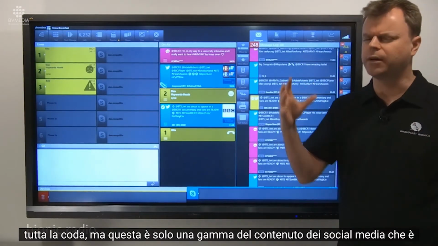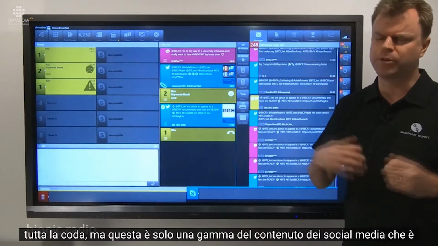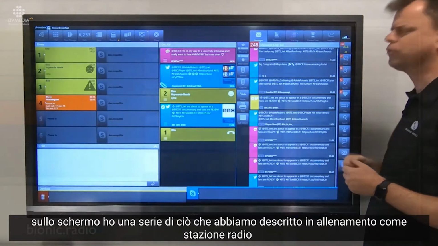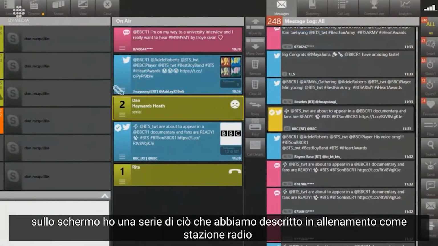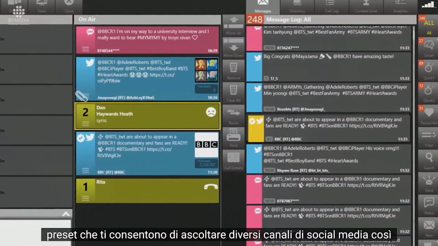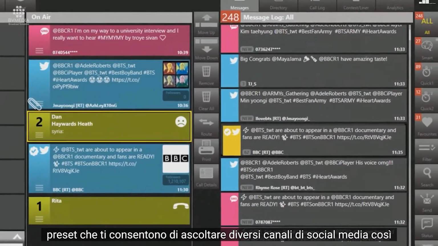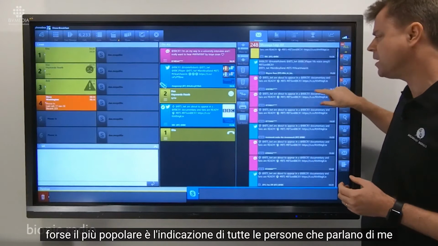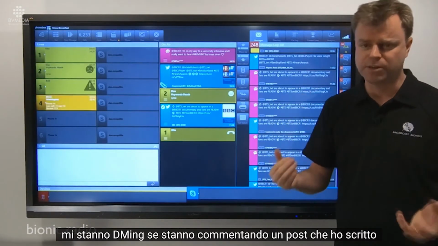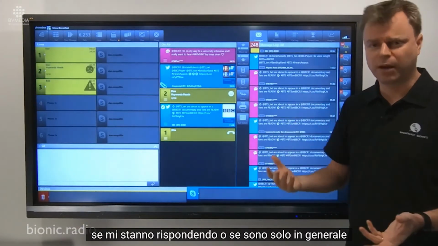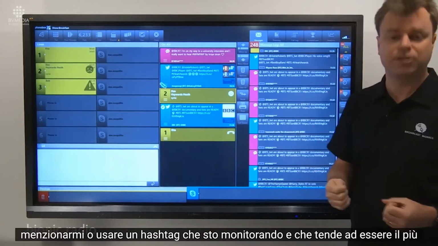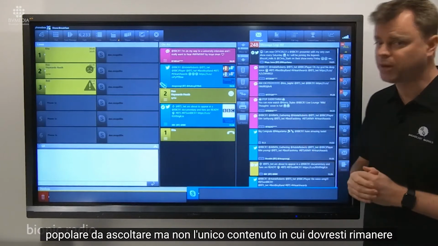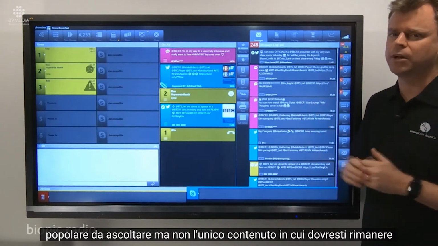But that's just one range of the social media content which is available and useful in the studio. So you'll see down the right-hand side of the screen, I have a series of what we describe in training as radio station presets that allow you to listen to different channels of social media. So perhaps the most popular is the all queue. That's people talking about me, whether they're DMing me, whether they're commenting on a post that I've made, whether they're replying to me, or whether they're just generally mentioning me or using a hashtag which I'm monitoring. That tends to be the most popular to listen to, but by no means the only content you should remain